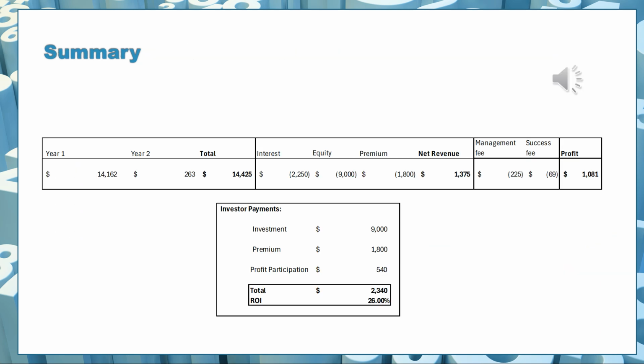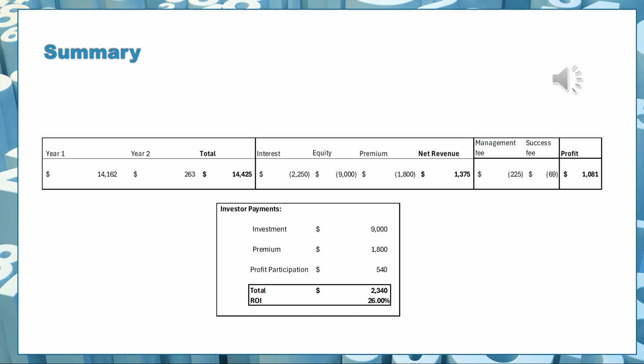So let's take a look at all the things we have to pay, all the things we're making. We're making in year one 14,162,000, which does, however, include the equity, which we're going to pay now in a moment. Year two, we're generating 263,000. Does not include the balance forward, so that's just what the year generates without the equity component. And so altogether, we're generating 14,425,000. Now, with my interest having to be paid to the bank of 15% of my loans, that is 2,250,000, and the equity now being repaid at 9 million plus the premium of the equity being repaid at 1.8, I'm left with a net revenue of